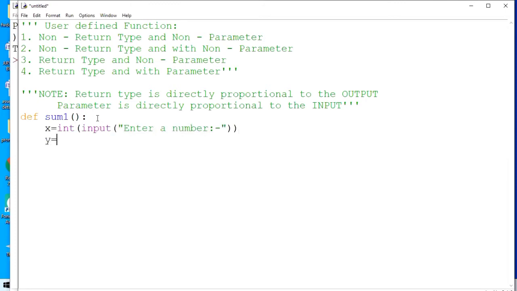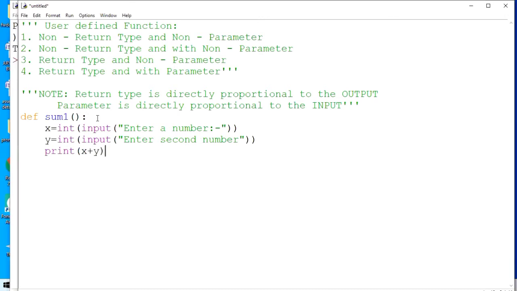Again, y is equal to int input, enter second number. Two values have been given, and then print the summation of x and y.